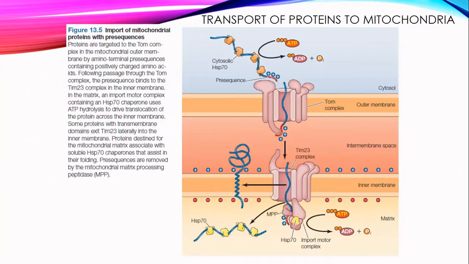Now, how the proteins are being transported to the mitochondria. So the mitochondria will import the proteins with pre-sequence. So once the proteins are released in the cytoplasm, and once the Golgi apparatus,